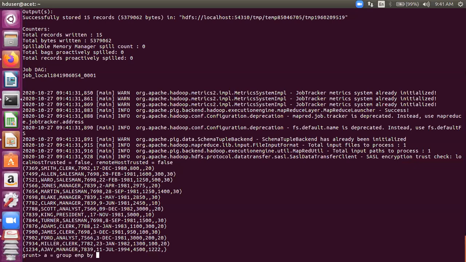on some column. Say group M by Sal. Let's do it by Sal. Or more meaningfully, we can do it by the department number. That's the last column.